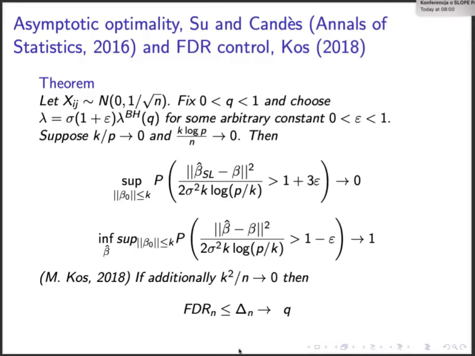So why don't we have a perfect FDR control? Because we are no longer in the situation when the design is fully orthogonal. We have our X's coming from the Gaussian distribution, so the design is only approximately orthogonal. When p is larger than n, as might happen here, then clearly we cannot have orthogonality. All we have is that the columns in our X matrix can be thought of as a realization of independent random variables.